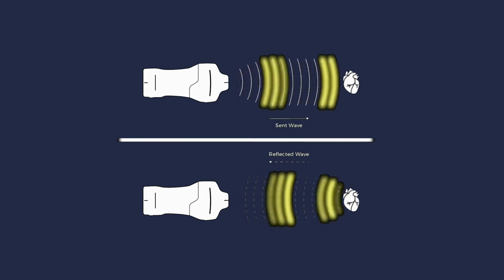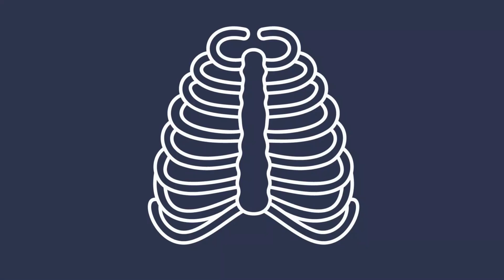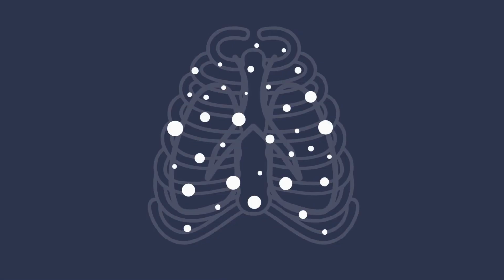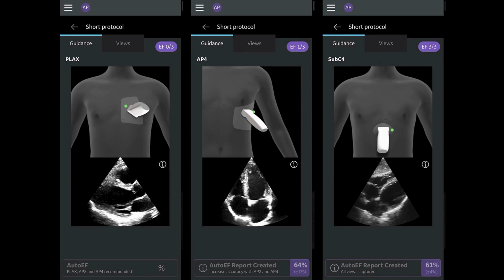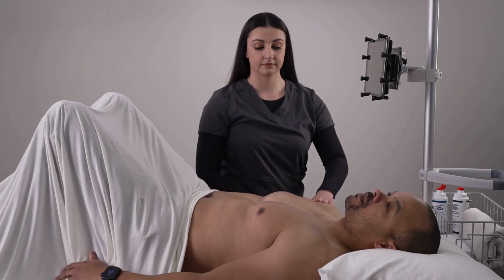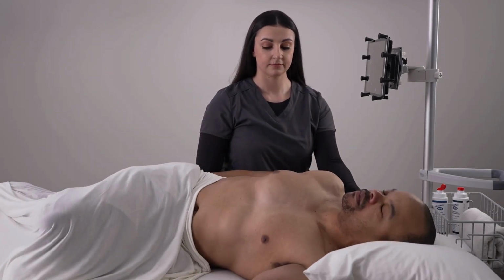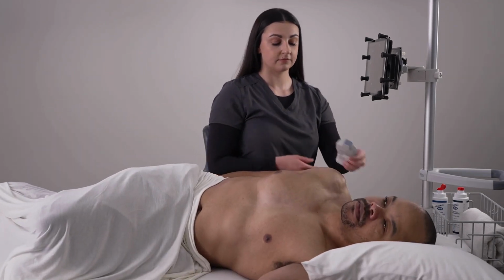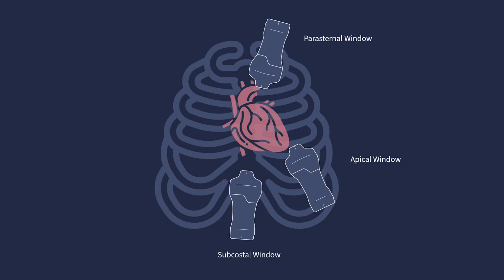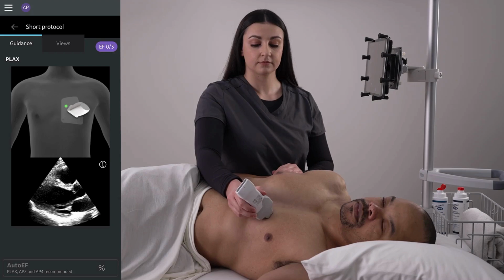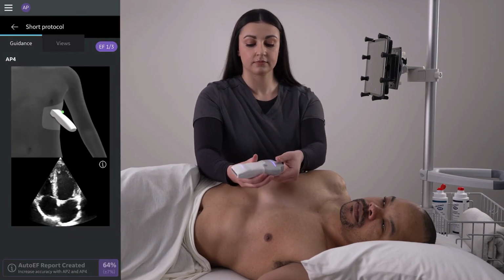Ultrasound is an imaging technique used to image structures inside the body using high-frequency sound waves. Ultrasound does not travel well through bone or air. So when scanning the heart, we need to scan within the intercostal spaces and minimize lung interference. To do this, if the patient is able, we position them on their left side with their left arm raised over their head. There are 3 locations, known as acoustic windows, used to image the heart. They are called the parasternal, apical,